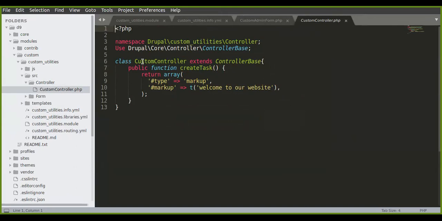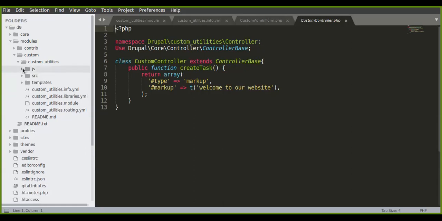Since Drupal follows the Symfony framework, we need to write our code in OOP, not in procedural style, which was in Drupal 7. Other than that, we have a JS folder, where we can put JavaScript libraries.